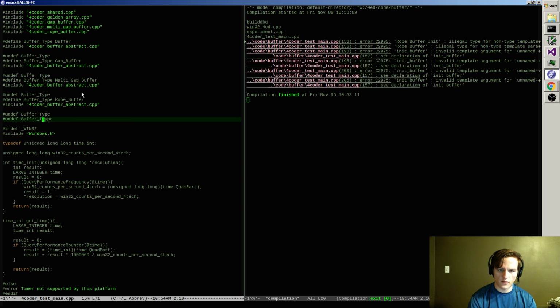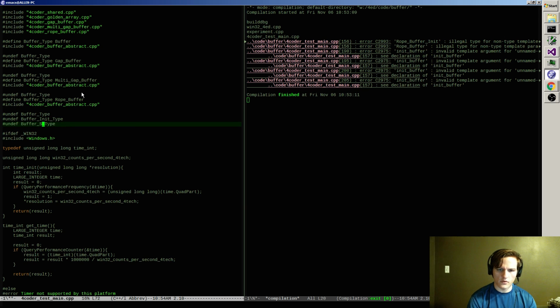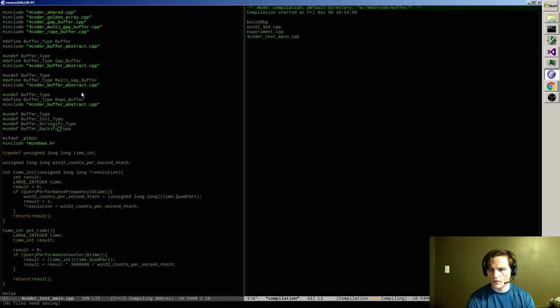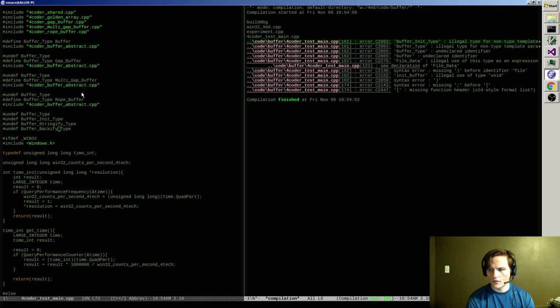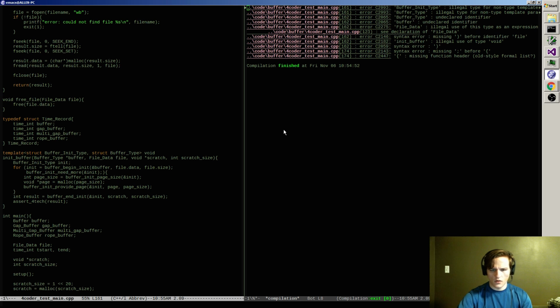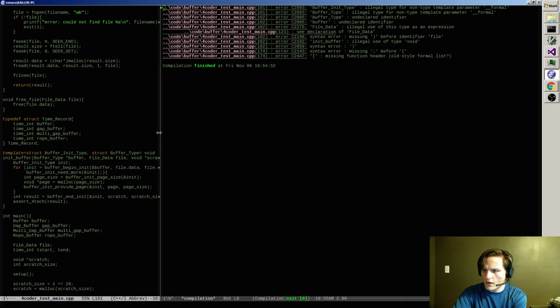Buffer init type. Buffer stringify type, buffer backify type. I'm going to take all of those out. Test. Buffer init type, illegal type for non-type template parameter.